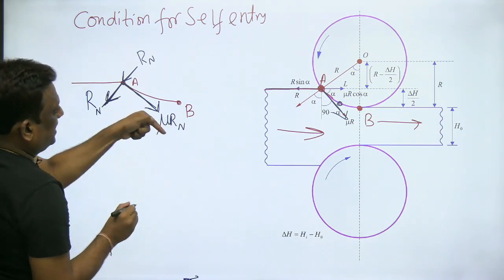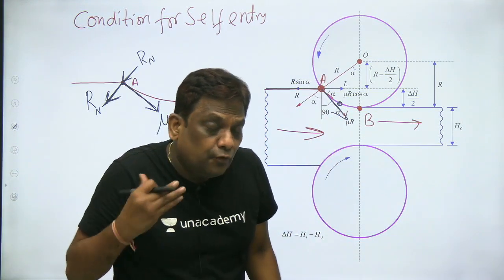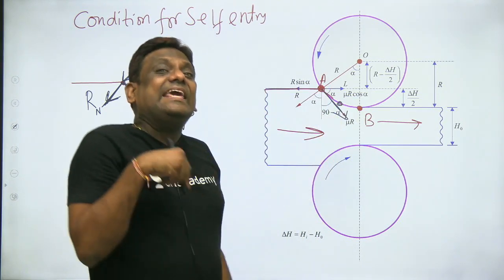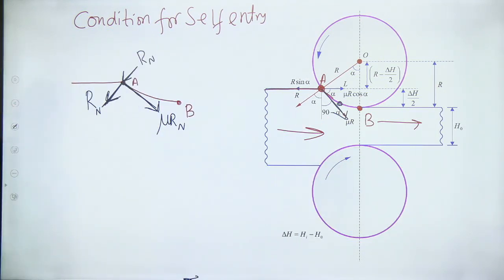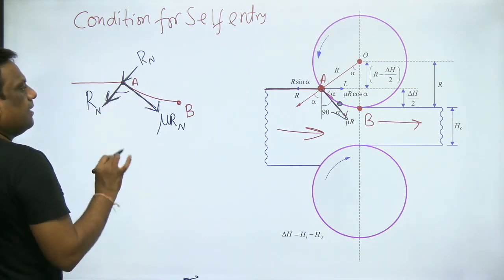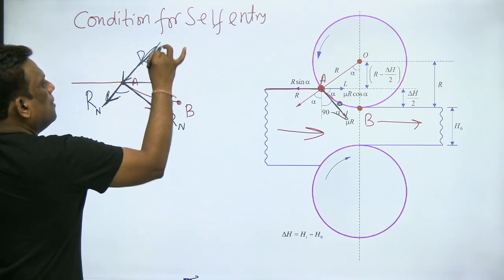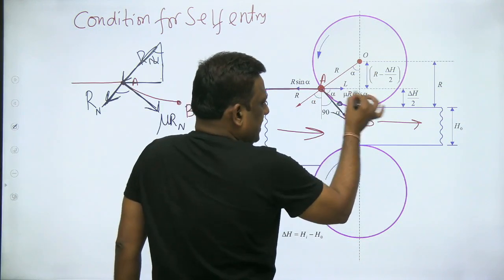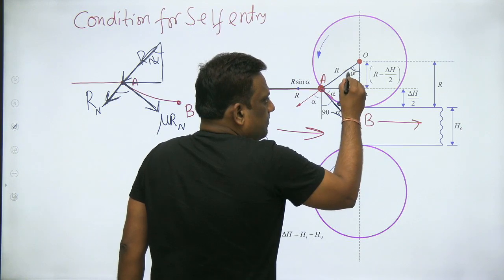Why are you showing in this direction? The reason is at the entrance, already I explained in my first rolling class, at the entrance up to neutral point, in the lagging zone, the frictional force is in the direction of rolling, so ये मेरा mu Rn है. Excellent. एंड ये देखो ये दोनों 90 डिग्री है, दिस इज 90 डिग्री, एंड यू नो वेरी वेल, दिस इज विद वर्टिकल इट इज अल्फा, सेम ट्रायंगल आई एम शोइंग, तो देखो ये है अल्फा, दिस इज अल्फा.